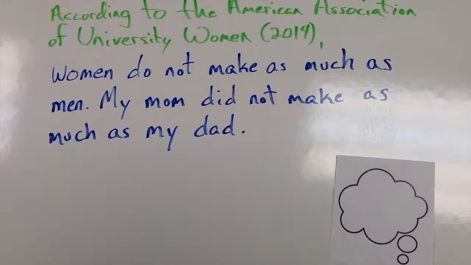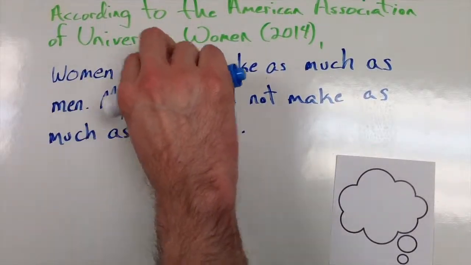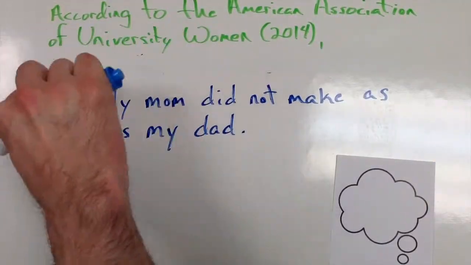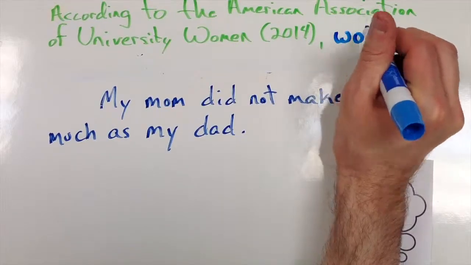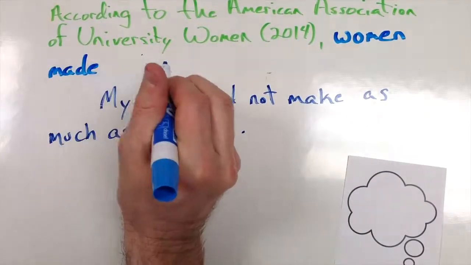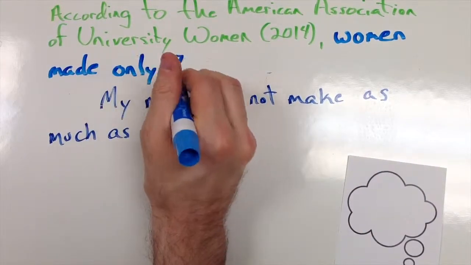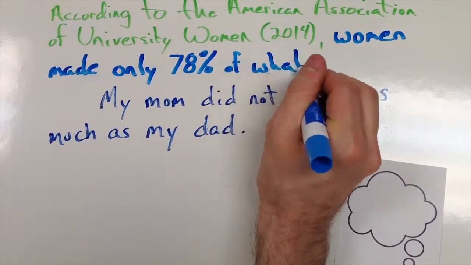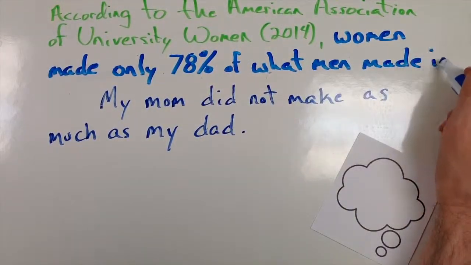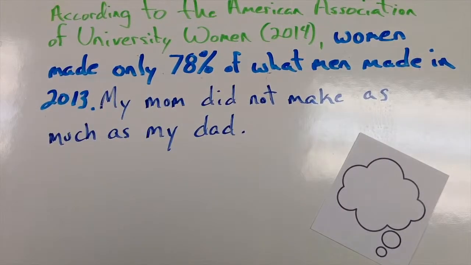And now we're on step 2, which is being more specific with our inference, and this is going to help us increase that complexity of thinking. One of the things that we were able to pull out of that chart wasn't just that women don't make as much as men, but we could be a little bit more specific with that. And in particular, we can take a look at the year 2013 when women only made 78% of what a man did on an annual basis.